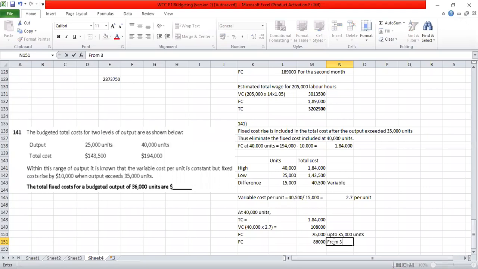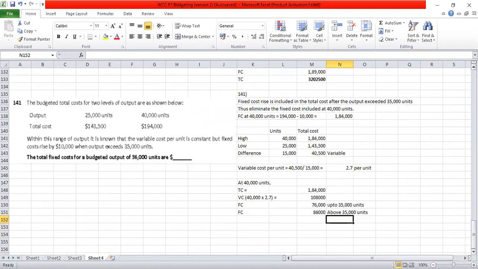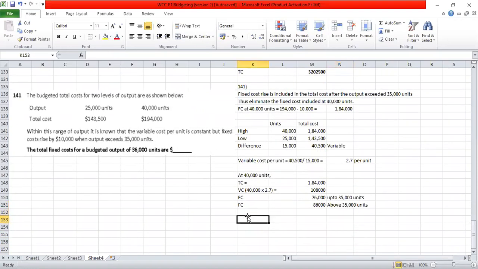From 36,000 units or above, above 35,000. Let's put it as above 35,000 units. So we are asked to calculate it at 36,000 units. So at 36,000 units,